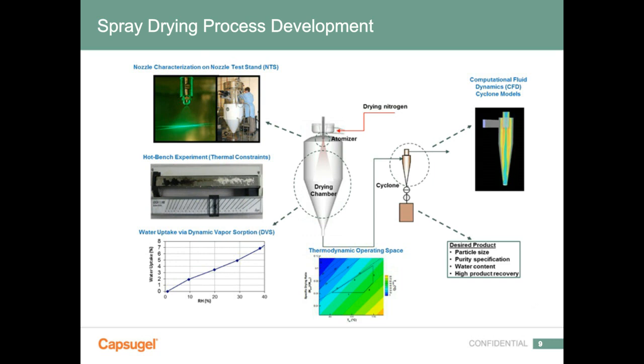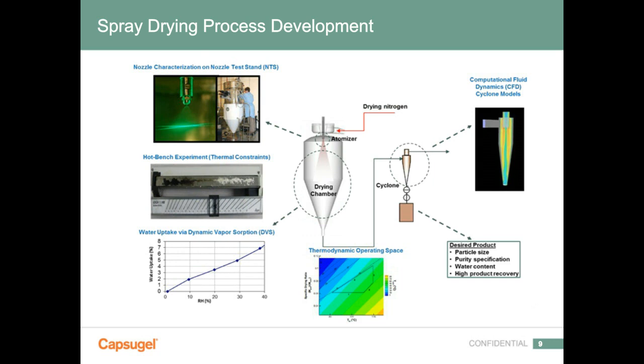And then you have corresponding actual collection evaluations. We've done some CFD modeling to make sure that we're getting physical separation of the dense particles and the actual gas itself as a bypass. Understanding what is our thermodynamic operating space. So at what point will we put the protein or the macromolecule in a region where there'd be instabilities that can be tracked. After collecting materials, you can do studies to look at what your thermal constraints are using a